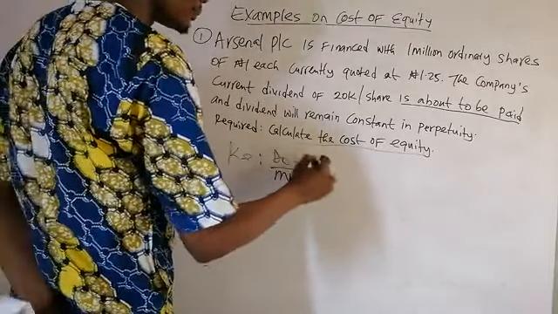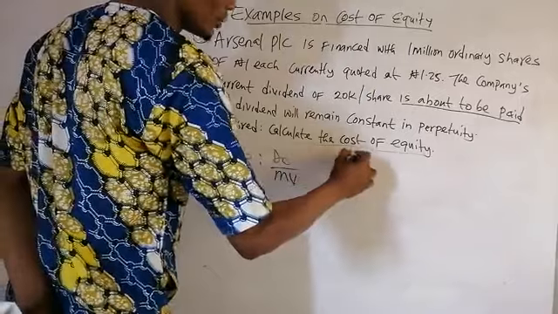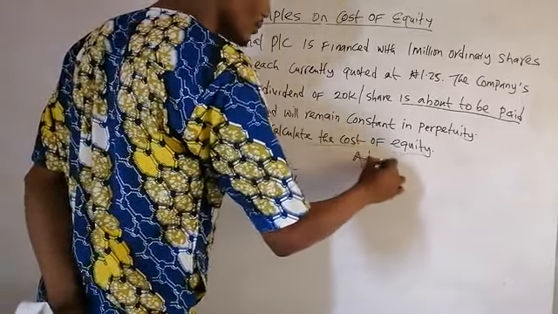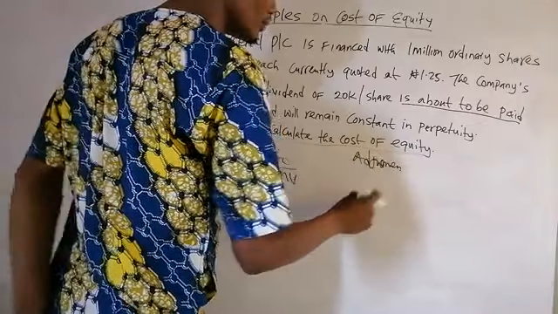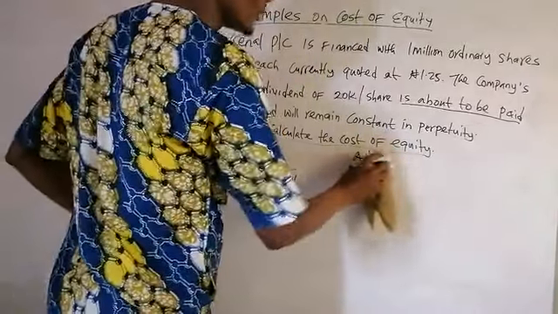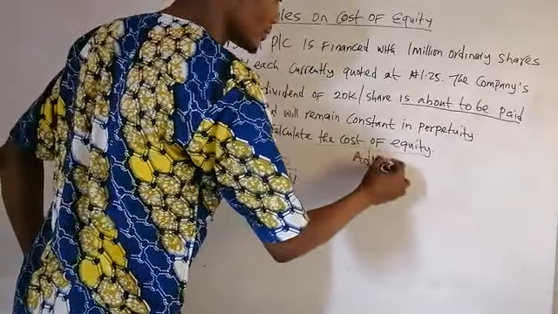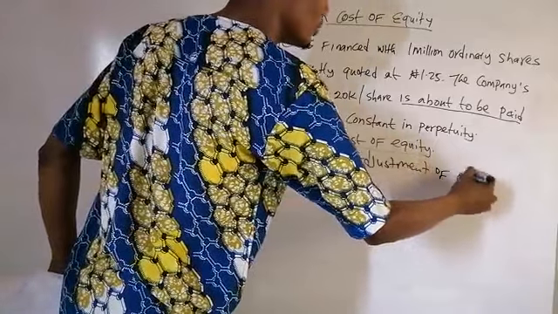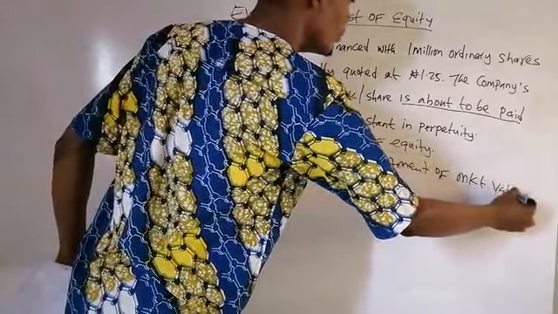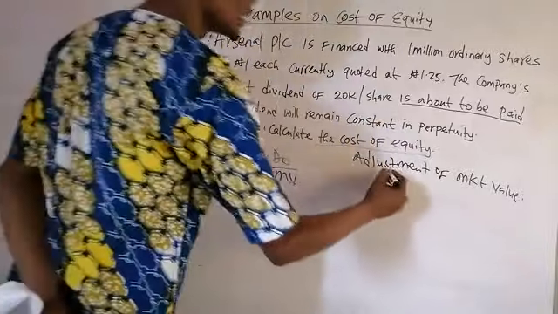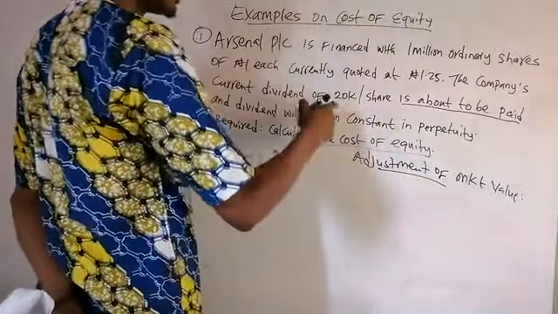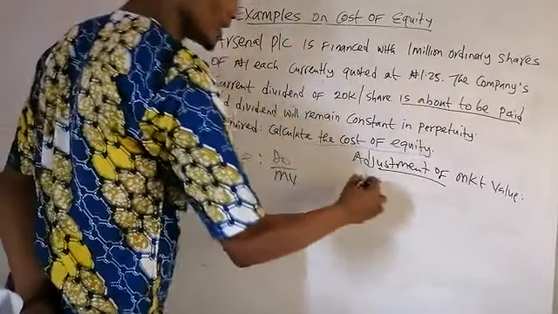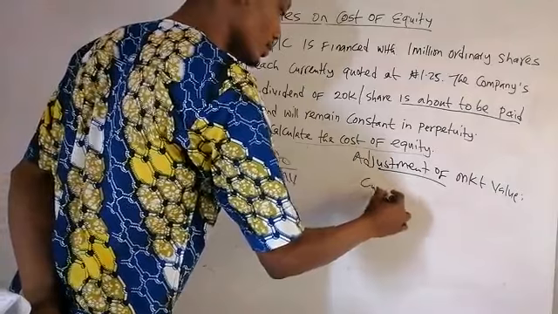So by that, therefore, in adjustment of market value, you have to adjust the market value. So the cum div market value given to us in the question is what? If it says currently quoted, when you hear currently quoted, it means market value. So the cum div price